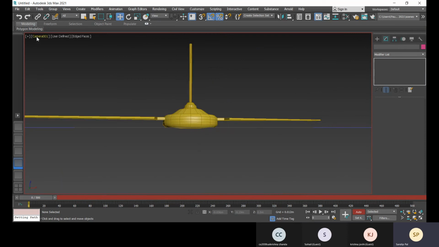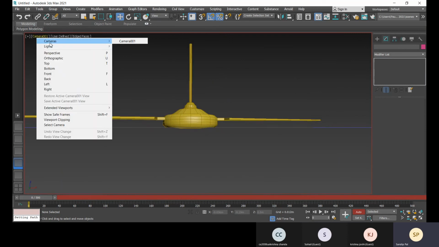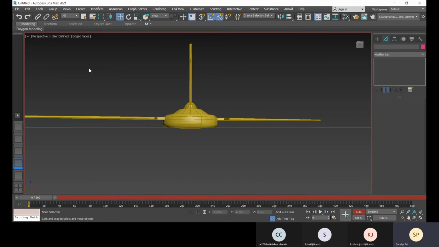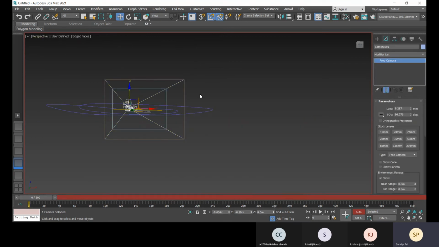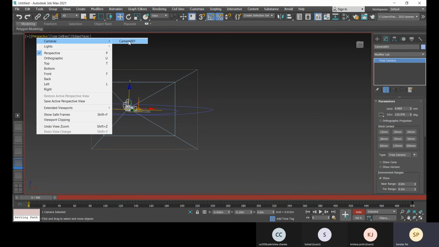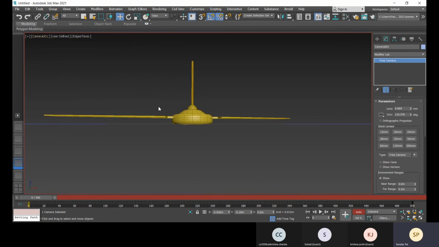Now I think that is all right, or if you need to change it again, you can change it. So that is camera, and the field of view needs to be increased more, and again switch into camera view. Yeah, so that is right.